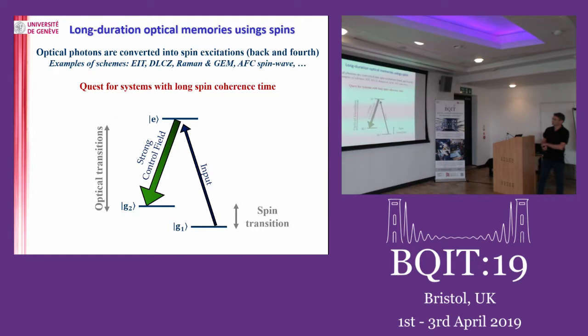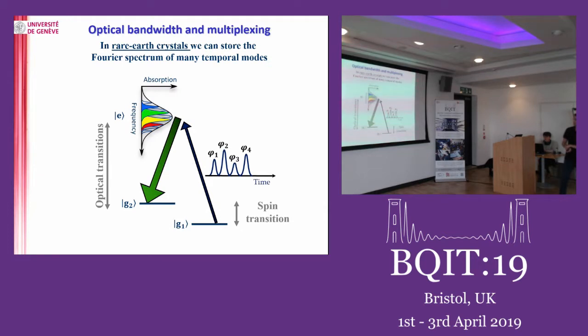The difference with EIT and Raman systems in general is that in some way you're always trying to adiabatically eliminate the excited states. You don't use the excited state. Basically you are going from this to this without spending any time in the excited states. You cannot use it as a resource, while we are using it as a resource.